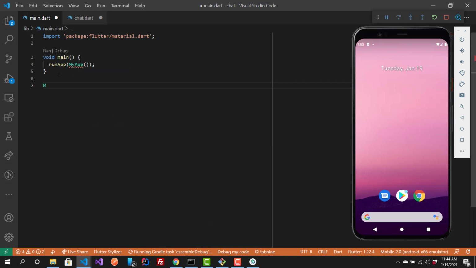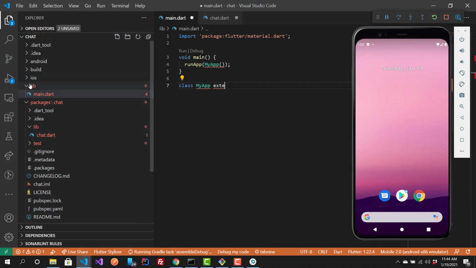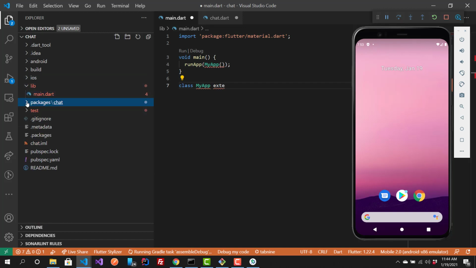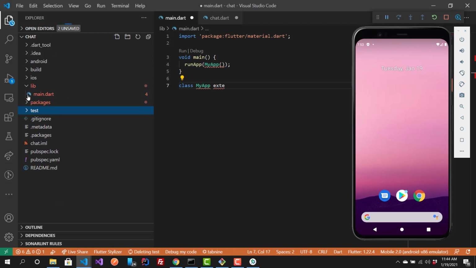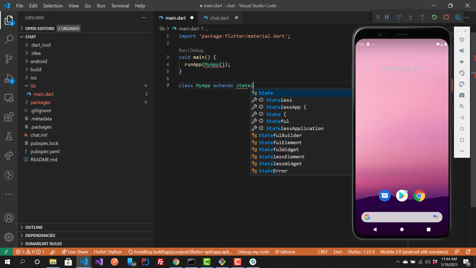So I'm going to call the class MyApp, and it extends... So this is, as I said, at the root of the lib folder. So here we have the packages, and let me delete this test. So at the top we have the lib folder, and this is where we are going to test our packages, right? So we are going to have MyApp, and it's going to extend a state